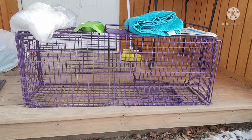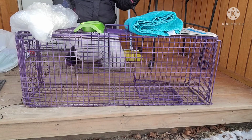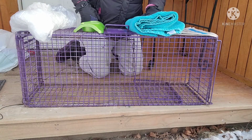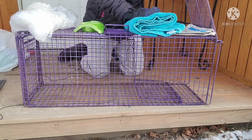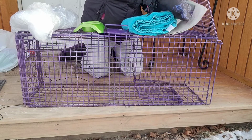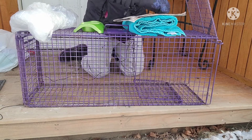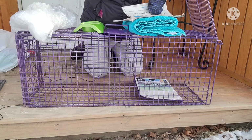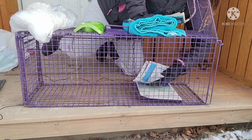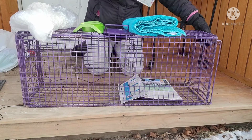So, we are outside. I have placed the trap in the location that I want to try to get him in. First, I'm going to come over here and cover the bottom with newspaper. I want to have something nice and absorbent because a lot of times,